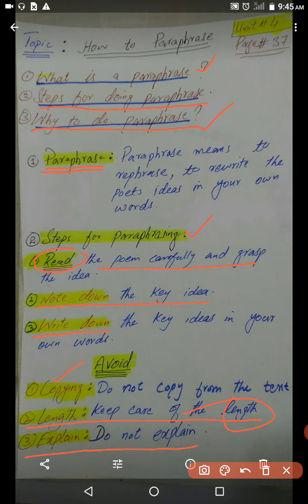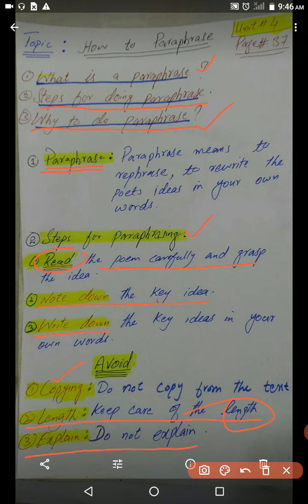So you have to read each and every stanza carefully, and then you have to write the paraphrase for each and every stanza. Beside this poem, we are having many other poems in this book, so you can paraphrase them. Beside that, you can have other poems outside your course, outside this book as well, and you can paraphrase. So the more you practice, the more you will be able to paraphrase in a better way.